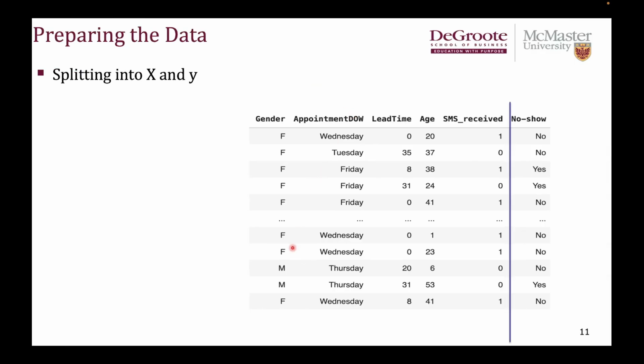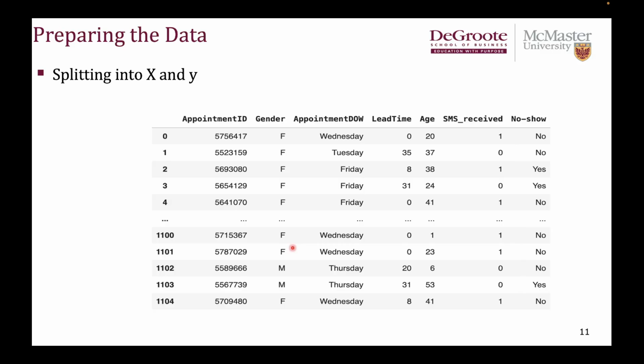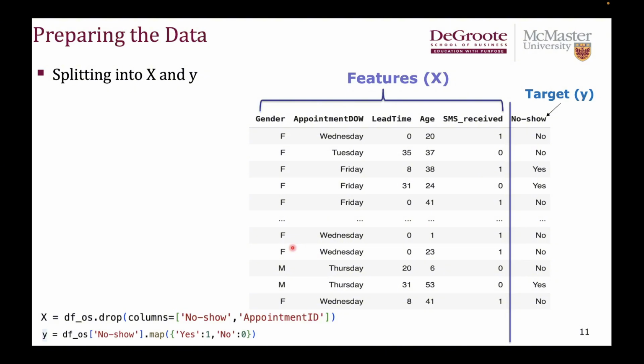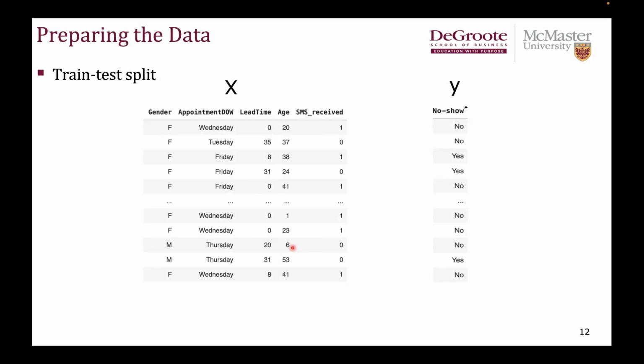Now, the next part is the splitting into features and target, after removing the columns that will not be useful. I provided the Python command here as well, but it's already in the notebook. So we have X and Y, feature and target variable. The next step is to do a train test split. Remember that we want to use part of the data as training data so that we can adjust the model parameters to get a model that performs well on the training data. And later on, we're going to use the remaining part of the data as testing data